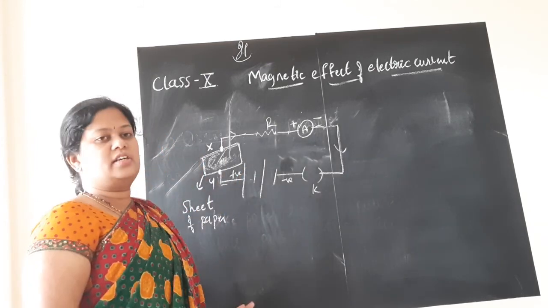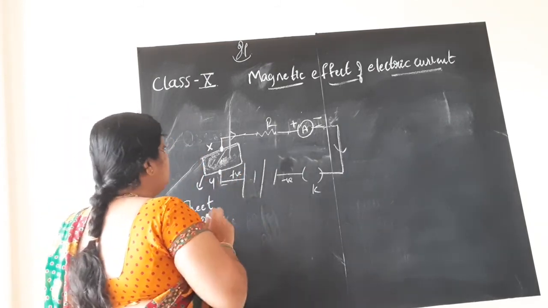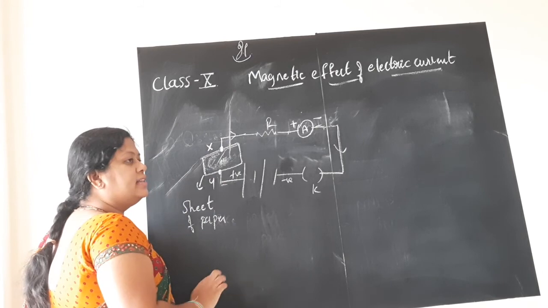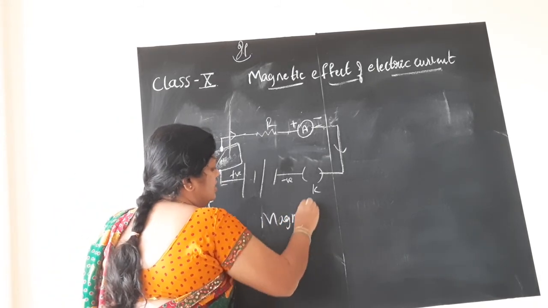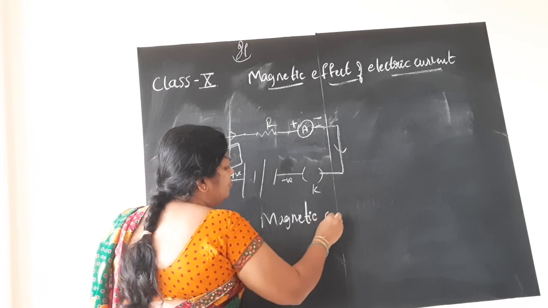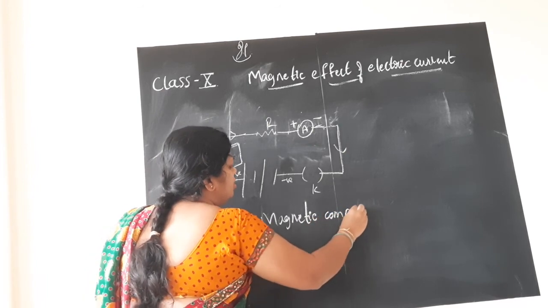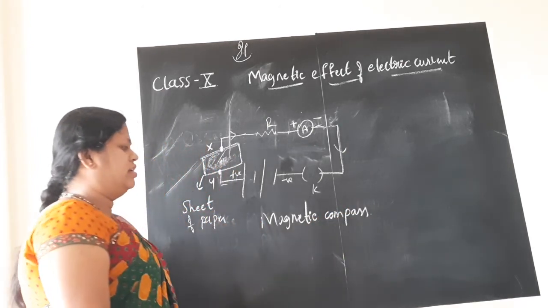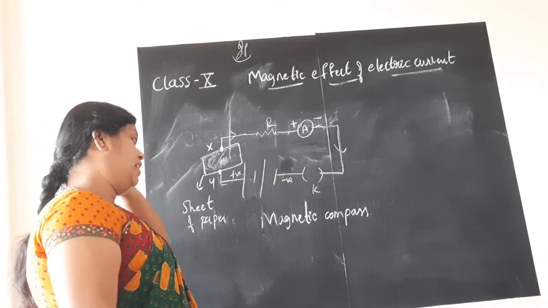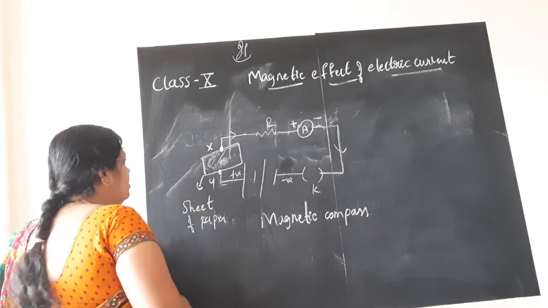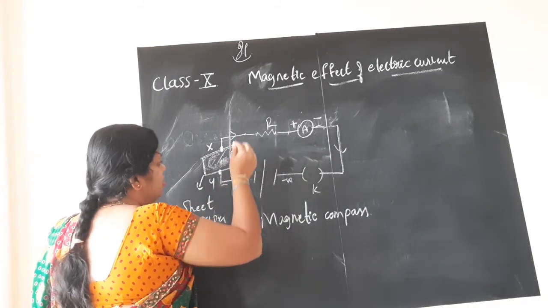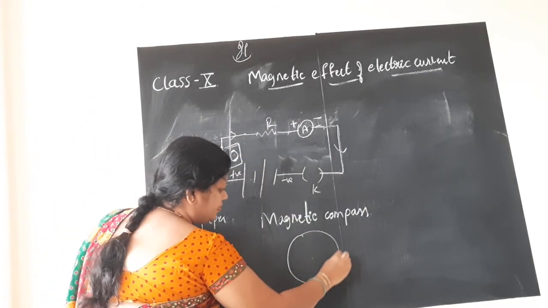I added the resistor. Now what I do is, I will take the magnetic compass. I think I showed you in the lab last year, children. I don't remember whether it was for your class or 8th or 9th. Oh, you are in 10th now. So the magnetic compass I will take, and I will place it here on the sheet of paper.